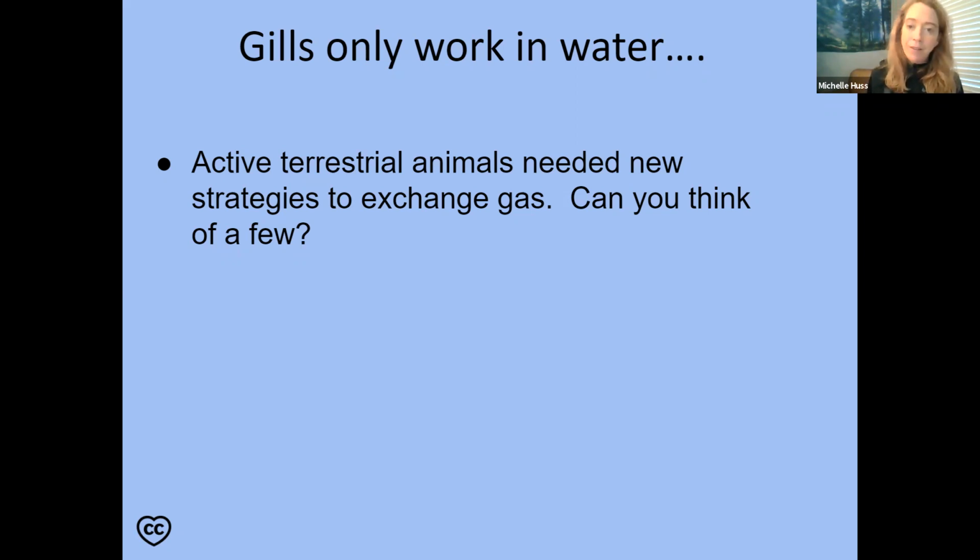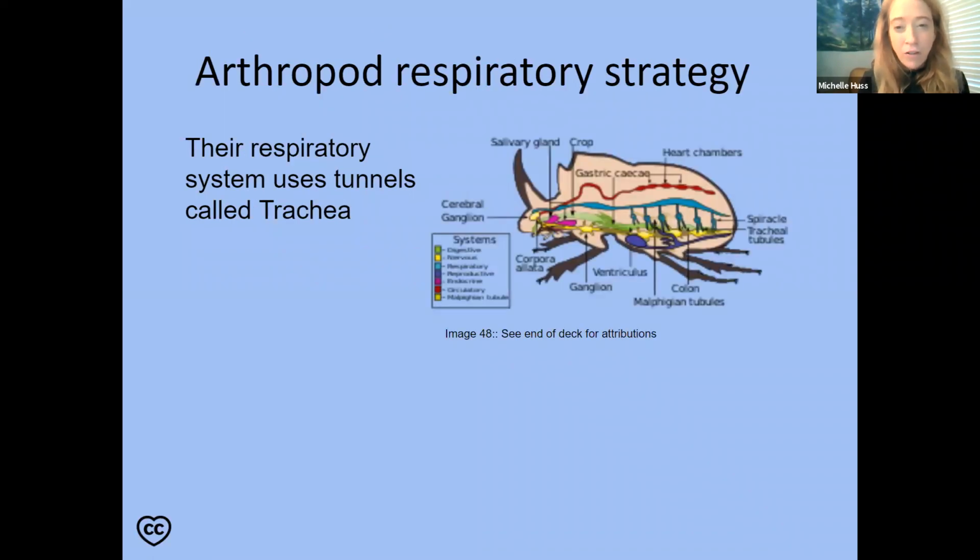So we have an inside, this is a really cool adaptation. There's another adaptation besides lungs that we're going to bring up because it's so ingenious. It's a very successful phylum. Bring on the insects, bring on the arthropods. Most arthropods have this, okay? And so we have like a little beetle here, but they have something called trachea.